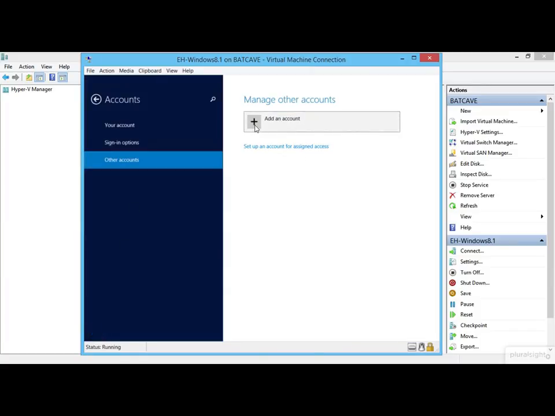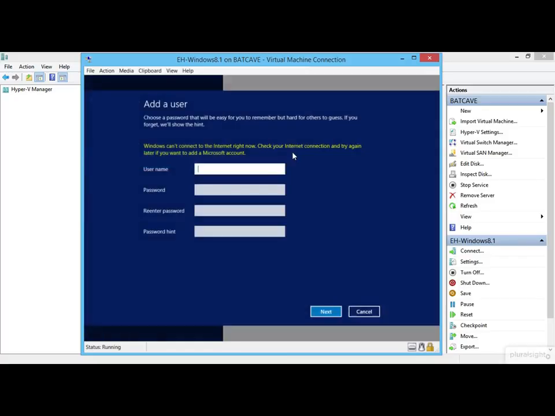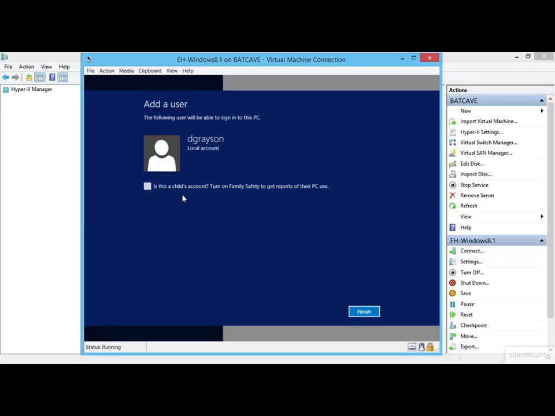So I can create a user account from here by selecting to create an account. The first user, we already created Bruce Wayne, so the next one we need to create is D. Grayson. Give him a password of Robin. And his hint will be Sidekick. We'll hit next. There's his account, asks if it's going to be a child account so it can turn